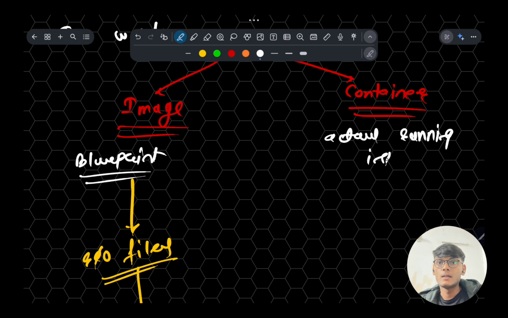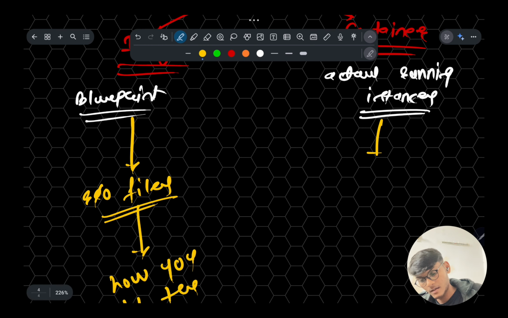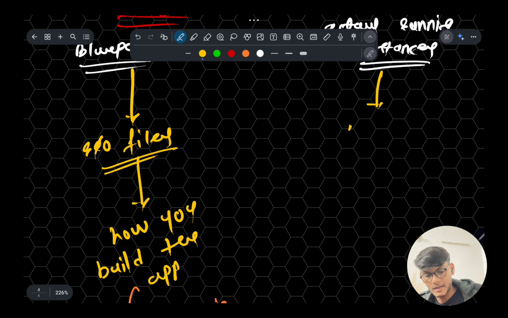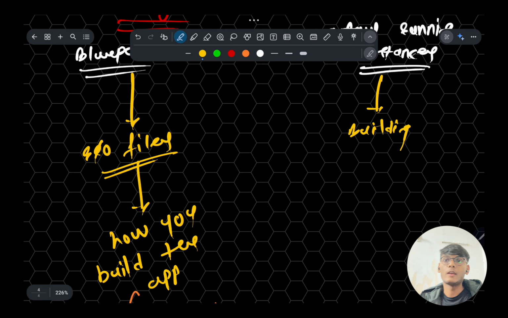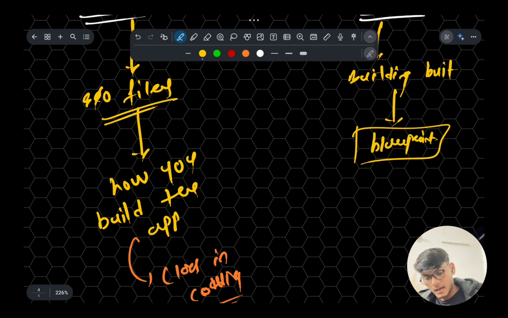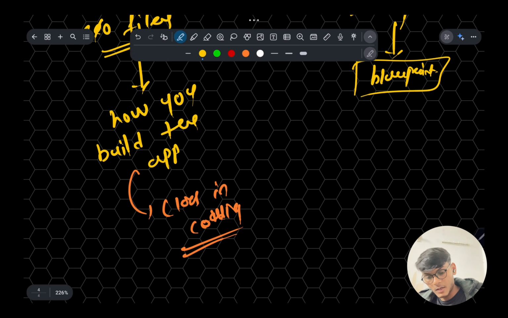It's a building built from the blueprint, like an object in coding, and an image is like a class in coding. If you know the OOPS concept, the class and the object are similar to this.